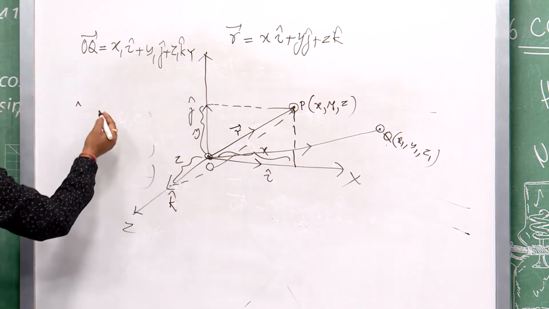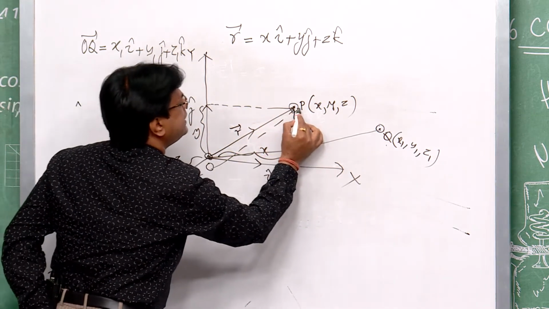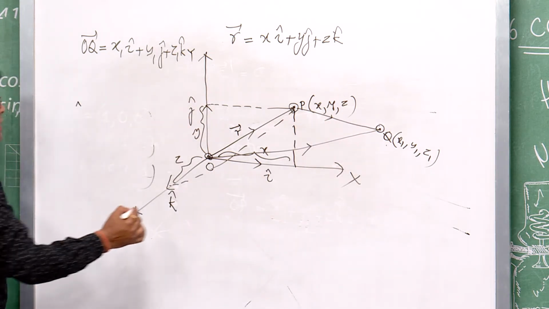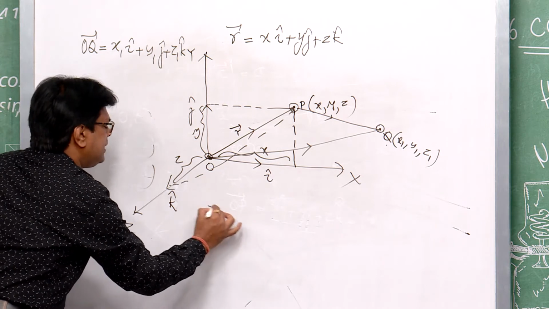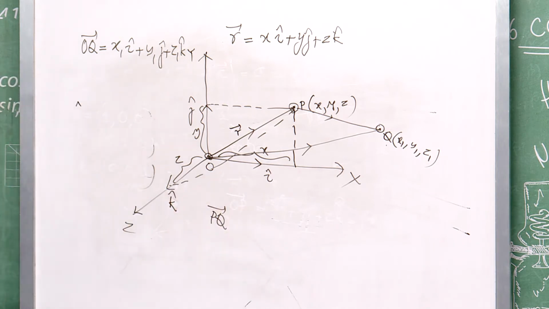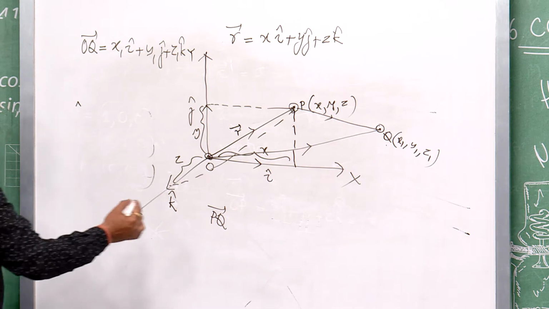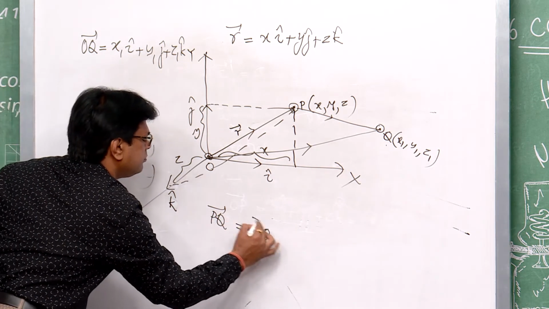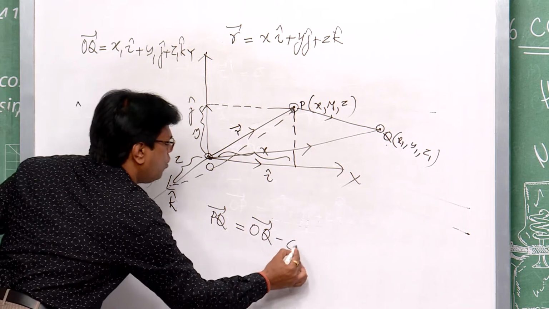Then, now we have to find the PQ line segment or PQ vector. So, one is the position vector, another is the PQ vector. PQ vector is nothing but OQ vector minus OP vector,